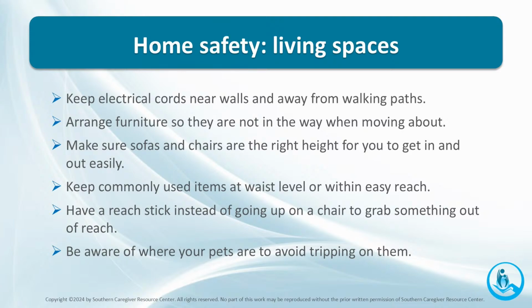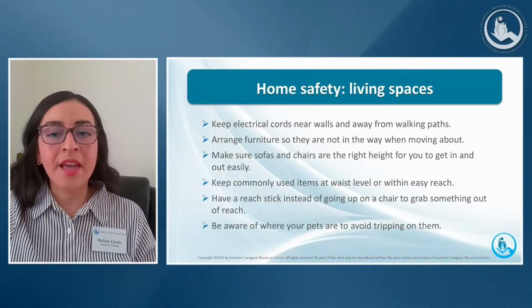That commonly used items are at waist level or within easy reach. This will prevent the person from trying to go on a little step stool, or reaching very forcefully. This can prevent a fall. Maybe instead of having a stool, right, maybe we can have a reach stick handy. Or if they need help, really communicating that with them. If you need something, come and get me, right? So again, this can prevent a fall. And then